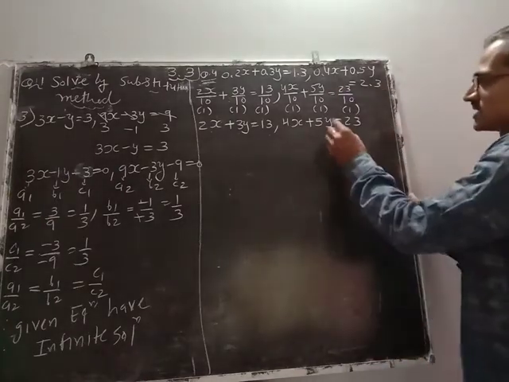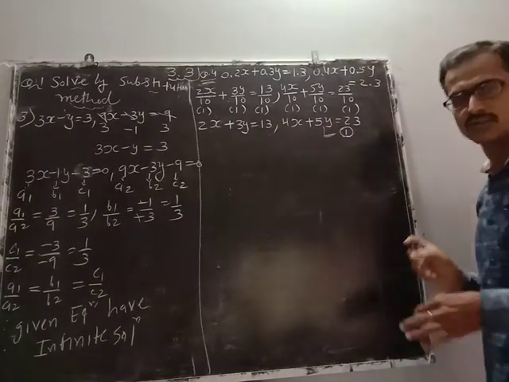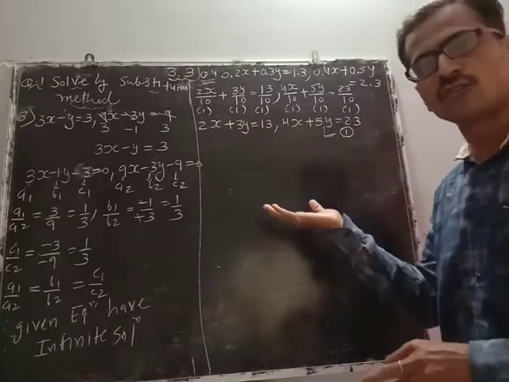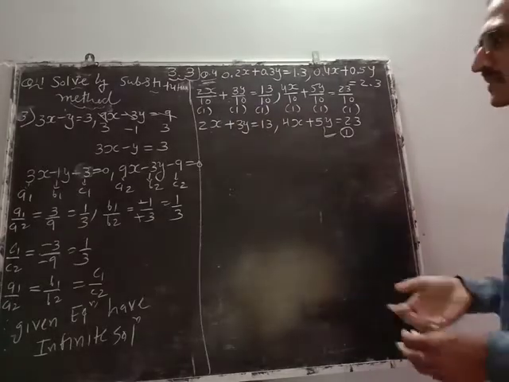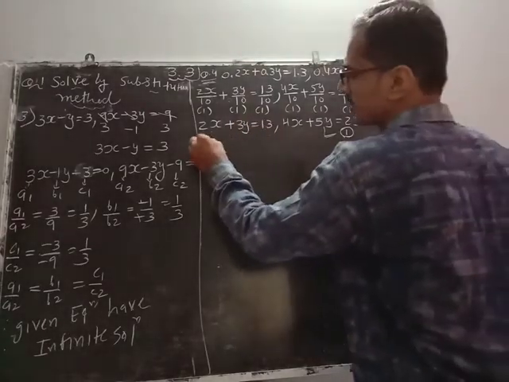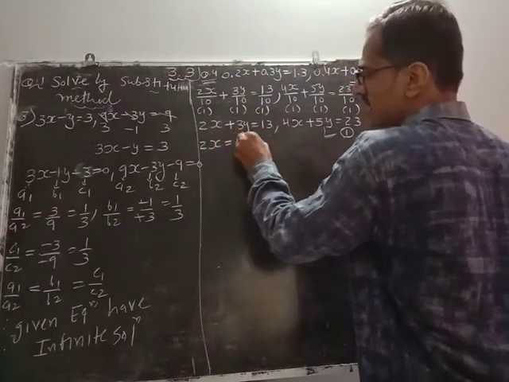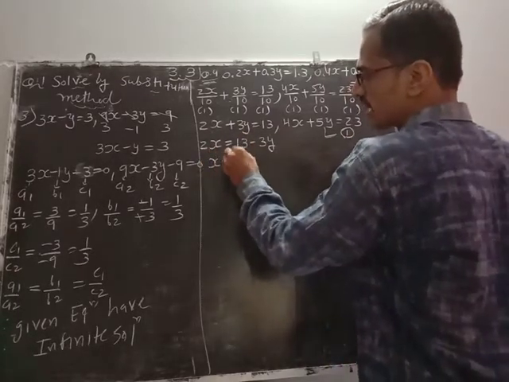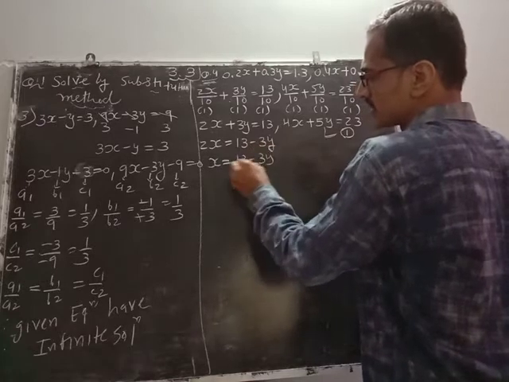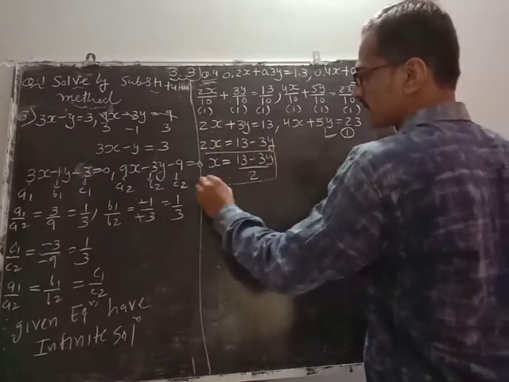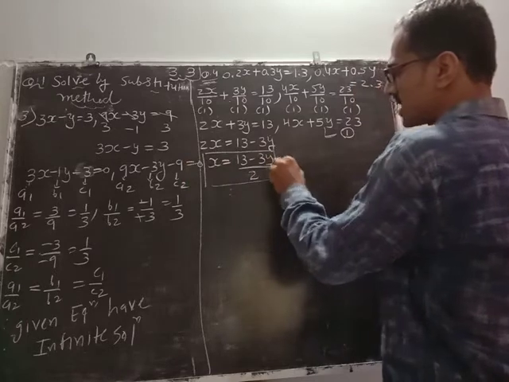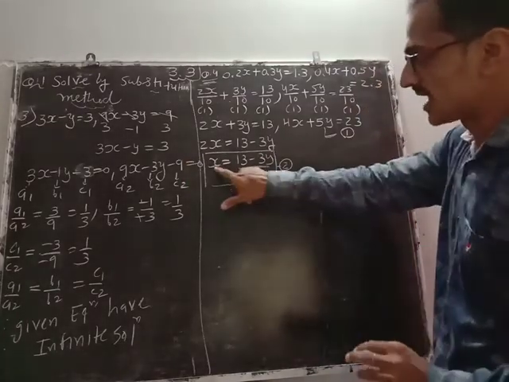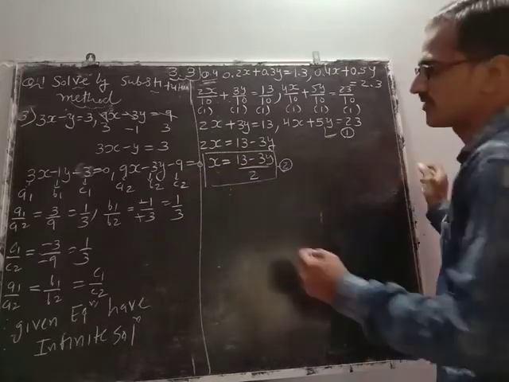After reducing, whatever this second equation you have now, give it equation number first. And from this equation we'll make any one variable the subject. X and y both have coefficients, so we'll make x the subject. Shift 3y. So 2x will be 13 minus 3y. Shift 2 down. So x will be 13 minus 3y by 2. This is going to be equation number second. Now what? Substitution. The value of this x will be substituted in equation number first.